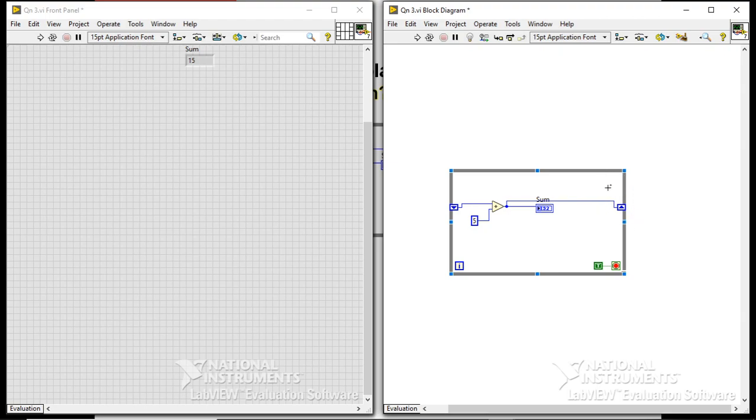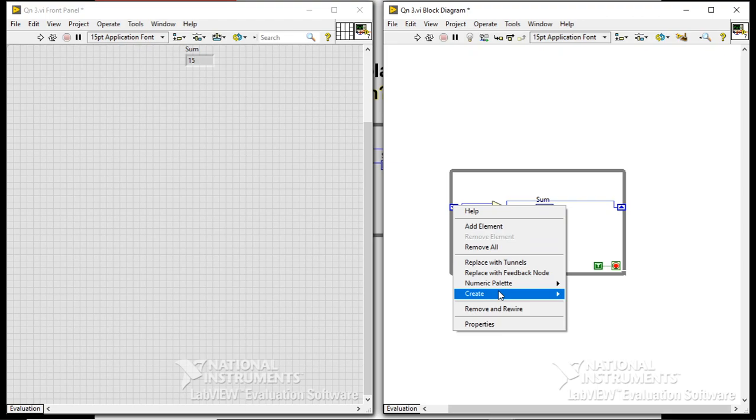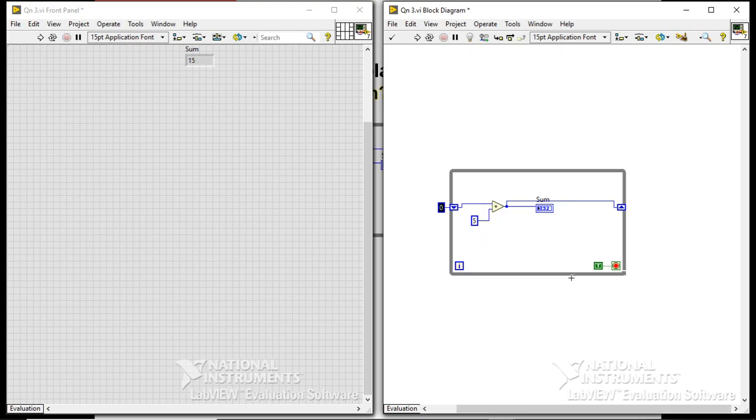Every iteration, the old value which is present in the shift out is simply passed to the input, that is the shift register in, and they are providing the input to the one particular operator. They are manipulating the result also. That's why we are getting it. The good practice is to try to initialize your shift register. Right now, however many times I run it, the same operation will happen.